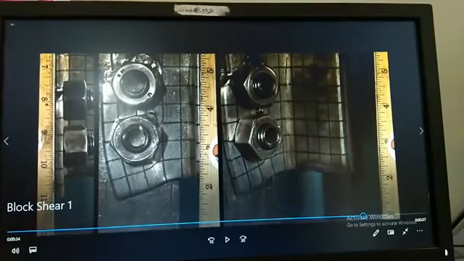Here, see the left picture. In the left picture you can see the failure in the form of a block. This failure is where the force is perpendicular to the crack. This is under tension, so this is the tensile failure, and this is the shear failure.